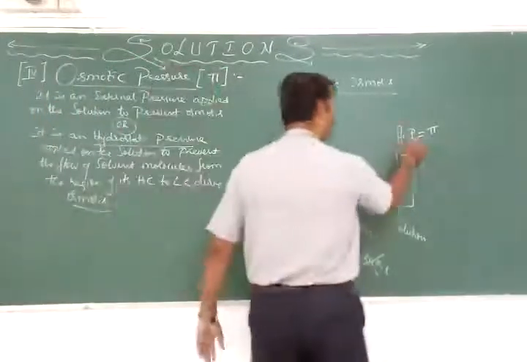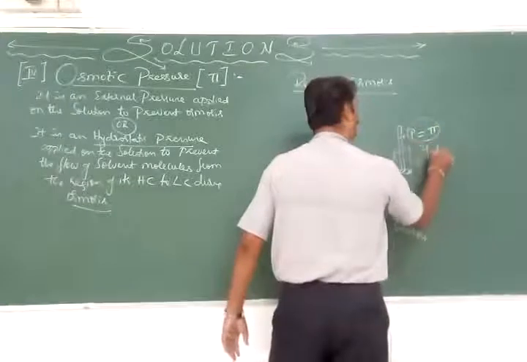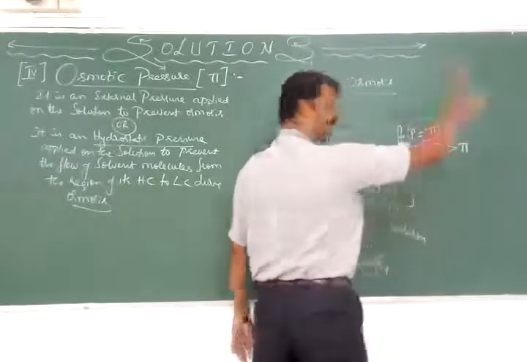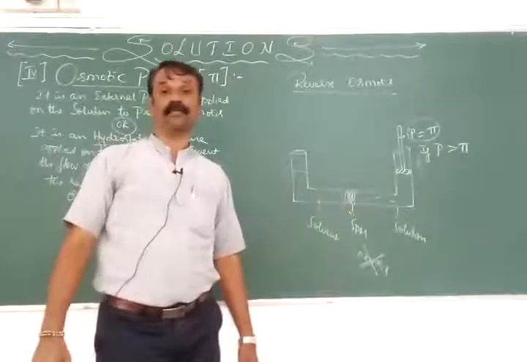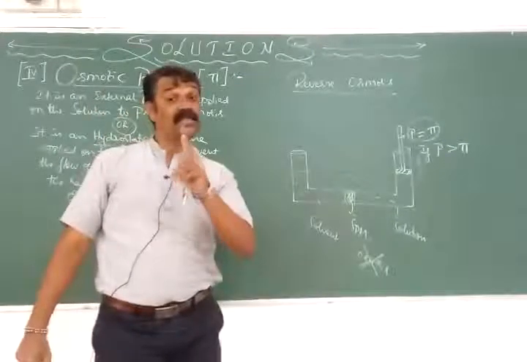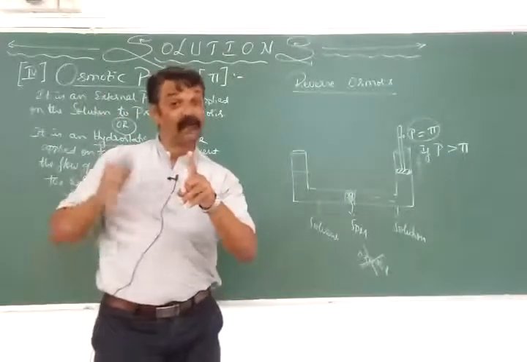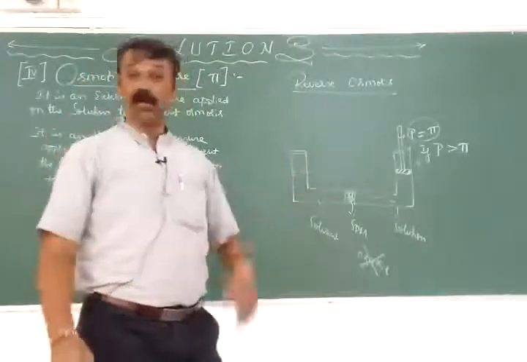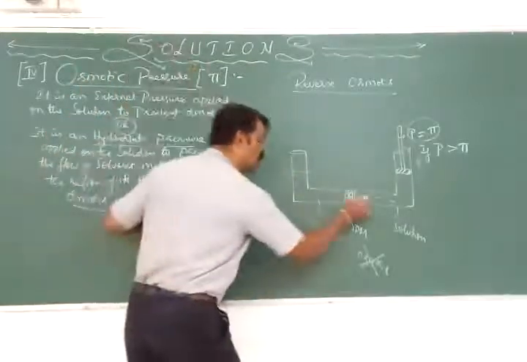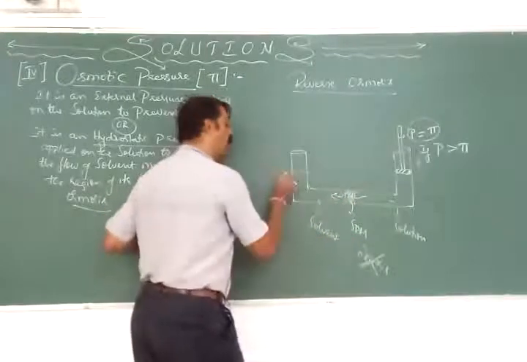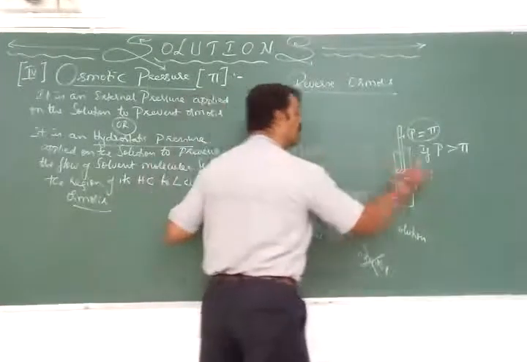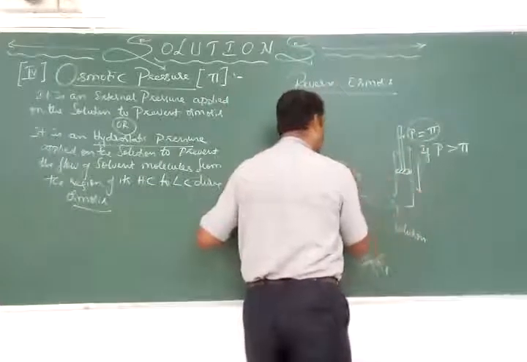Suppose P is greater than pi, suppose I press hard, and the pressure that we have applied is greater than the osmotic pressure. The solvent molecules will move from the solution to the solvent. Therefore, the level with respect to this increases and the level with respect to this decreases, and this is called